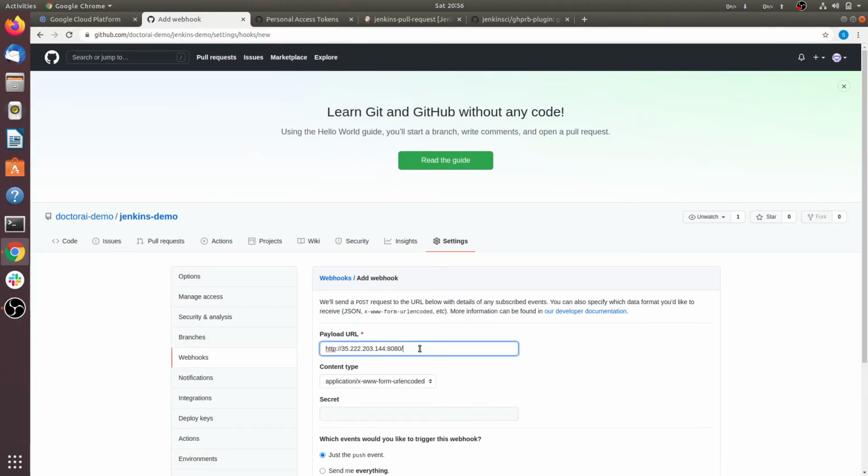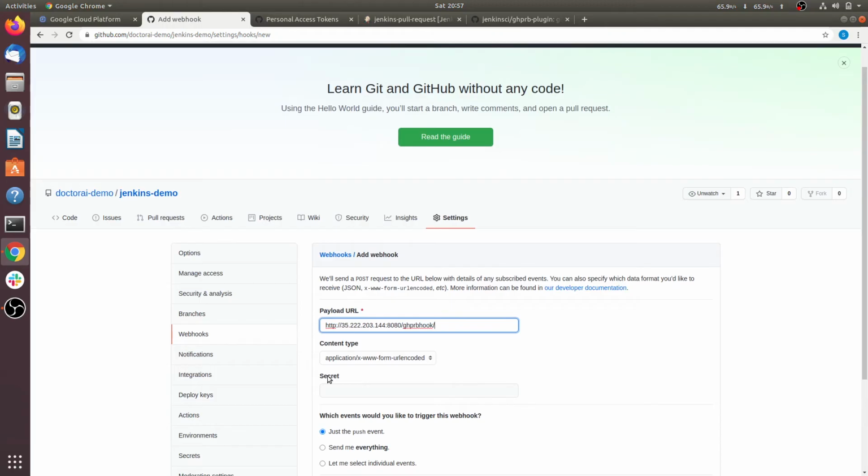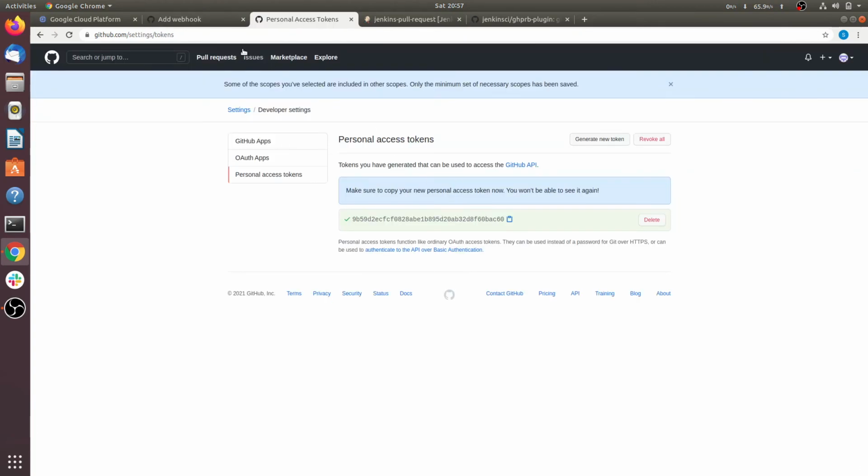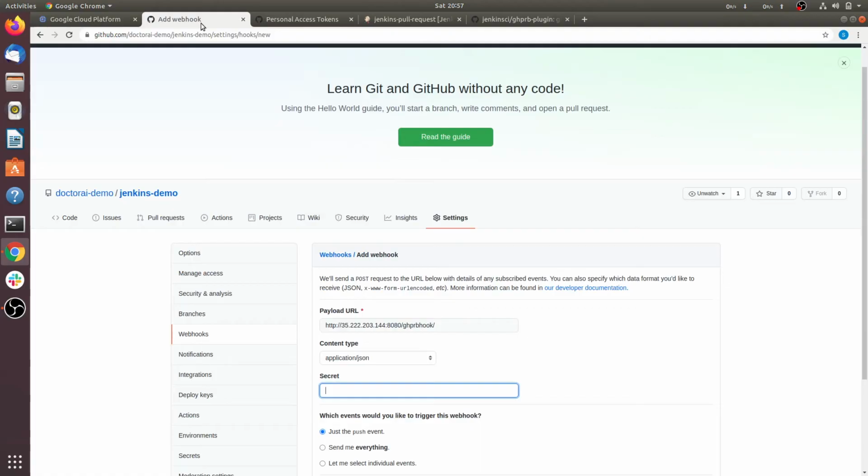After the slash, you have to add ghprb hook and slash, content type application slash JSON. You have to provide the secret here, so you can copy the personal access token here.